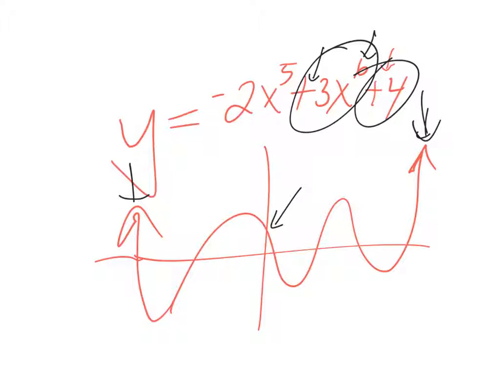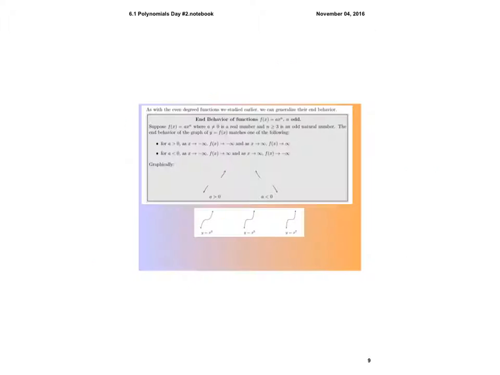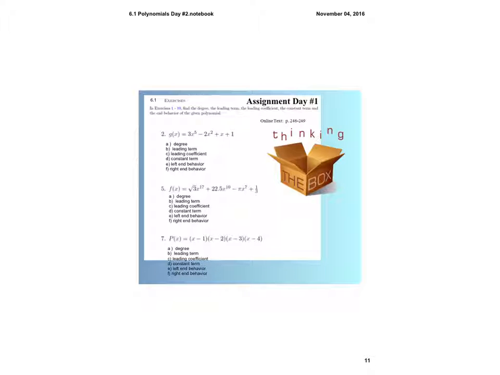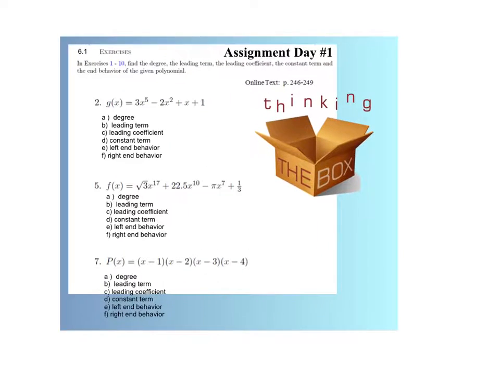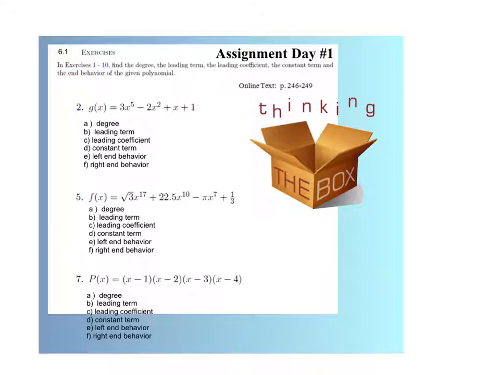But let's worry about the test that's coming up in a few days. I'm going to give you one to work on as your homework for tonight. So let's go. I'm going to assign that. Then we're going to do some review after I show you what the homework is. Okay? The homework is from assignment day 1. We're going to do